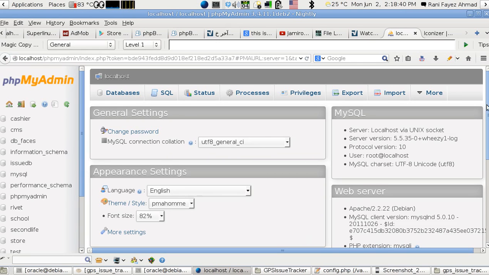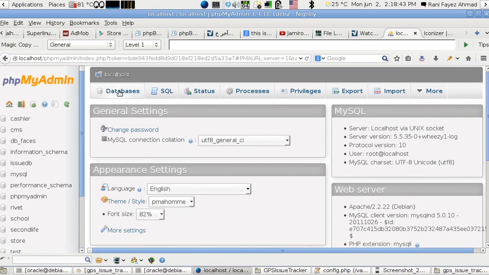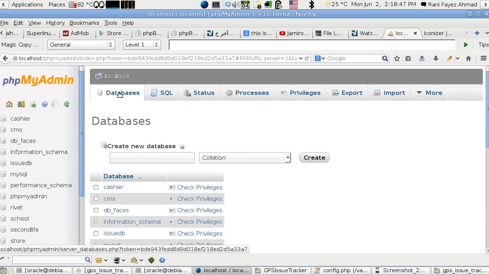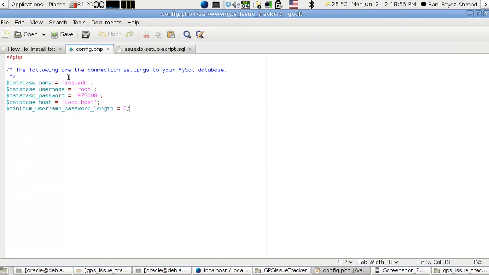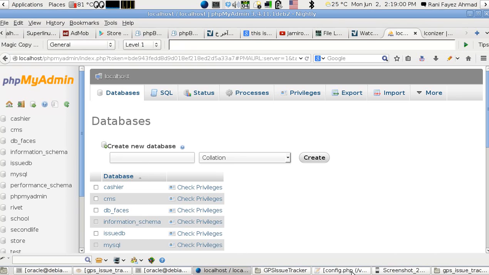Okay, and then I go to databases. I create a new database, for example, not the one that I've made and named here, issue DB. It has to be the same name. So I have one already here. I'm not going to change the configurations, but just to show you how to create a new database. So, for example, let's say I made the database name new issue DB, and then I use